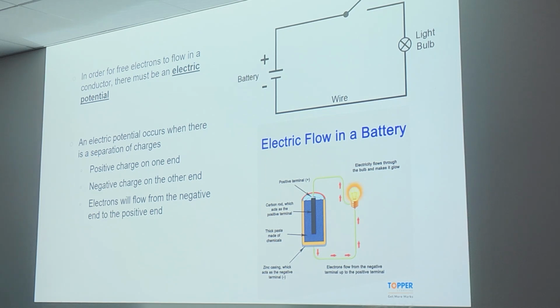In order for an electric potential to exist, we need to separate those charges, positives from negatives. We would want the positive charge on one end and the negative charge on the other end. Like you saw with the induction video, the electrons go to the opposite end to get away from the charge. That's exactly what needs to happen with